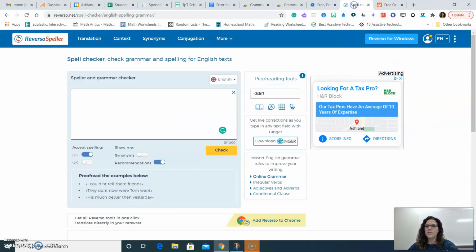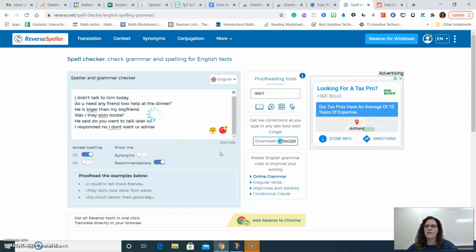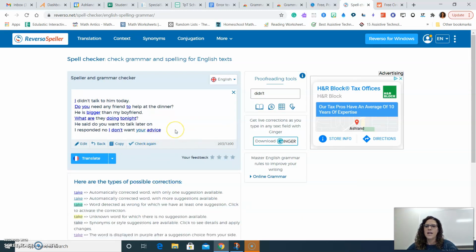Okay, the next one I want to show you is called Reverso Speller, and it's at reverso.net. So here I pasted this in. Now there's my Grammarly again, it popped up. But I don't want to do that yet because I'm going to go to check and watch this. It will actually automatically make the fixes, which I love, and then it will underline them, and you can hover over,